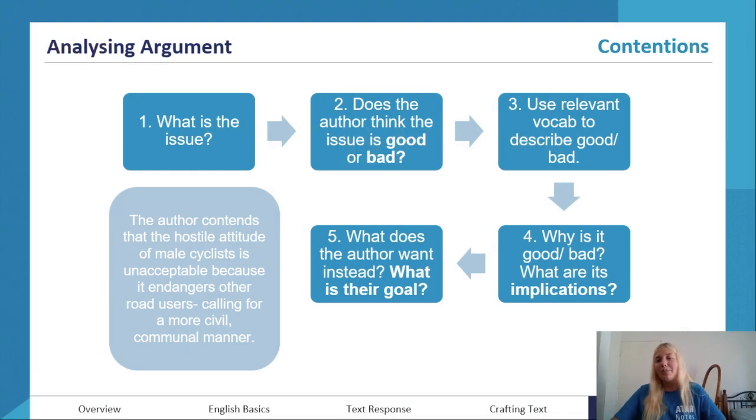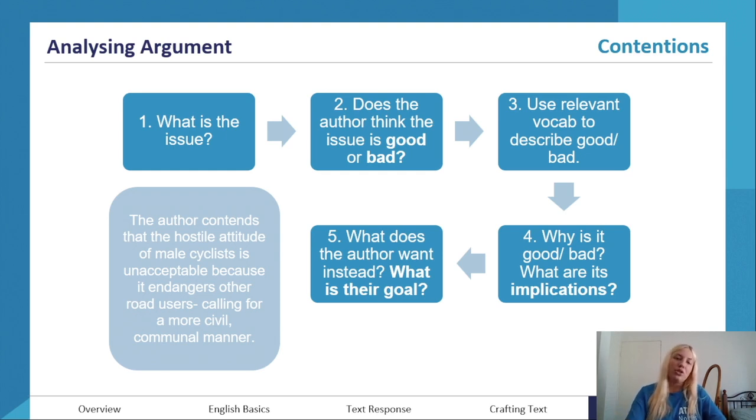Now, today we look at contentions. We looked at contentions for text response. It's that main argument. So you should come back in April for more detail on analyzing argument when it's a bit closer. For now, we're looking at contentions because we already understand what contentions are. It's the main interpretation. So this is your main interpretation in an analyzing argument piece of what the author's intentions are. So a good contention should be structured based on this flowchart and have all of these elements.